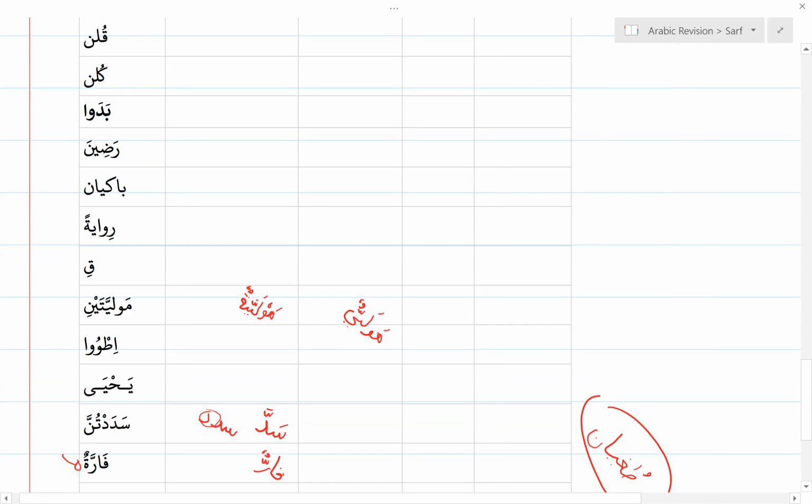We can also see that it's Mau and not Mu. So it's not ism fa'il or ism maf'ul of the mazid fihi. Yes, exactly. This is the process I've been taking you guys through, and I love that you see it's ma. So that means it cannot be one of those. So now what is ma? What can it be? It can be zarf, ism fa'il, ism maf'ul, or what is it?